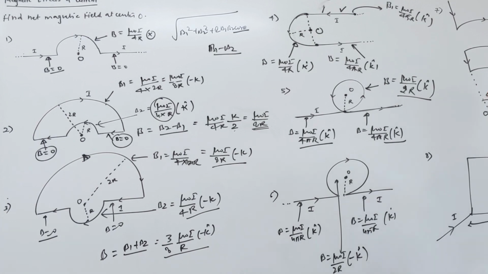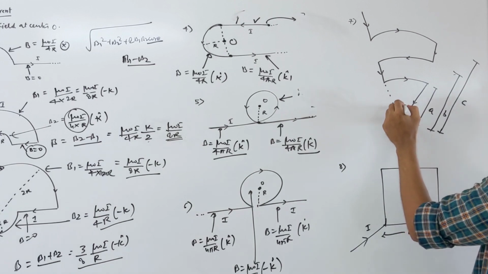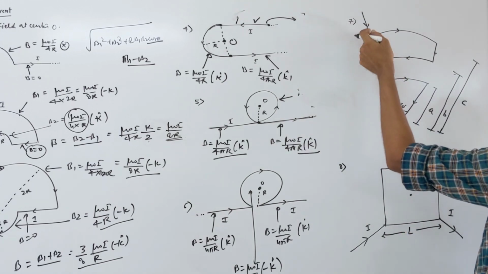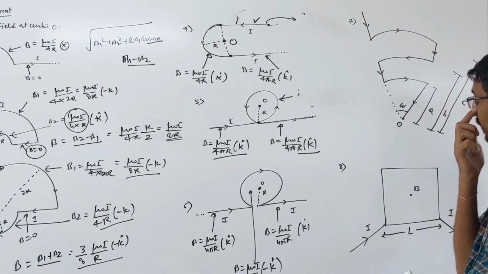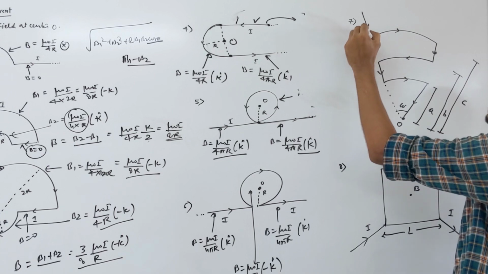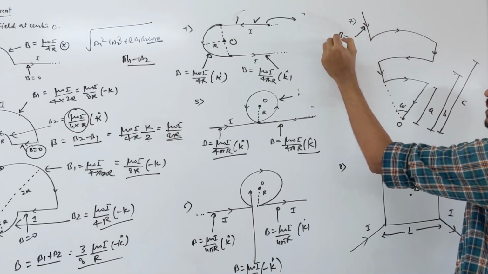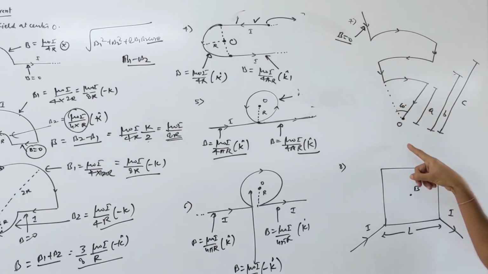Okay. Yeah. So some arc is given, angle is given 60 degree, current coming from straight wire, then turn into an arc, then again straight. Okay. So let's talk about straight wires first. We want to find net magnetic field at this point O. What is the magnetic field due to this straight wire? What is the answer directly? 0. Why 0? Because watch, this point is along the length of that wire, right?